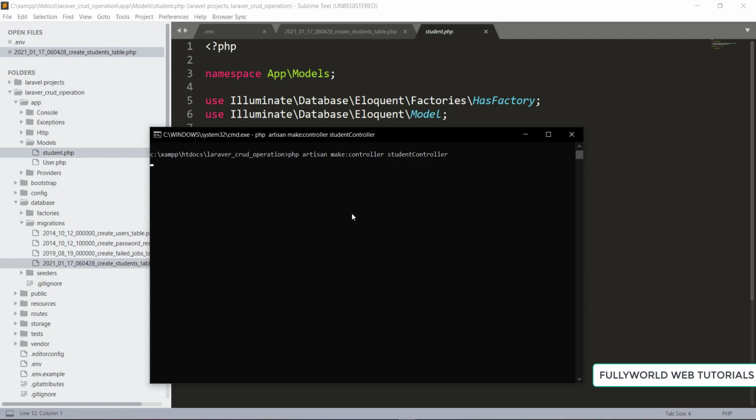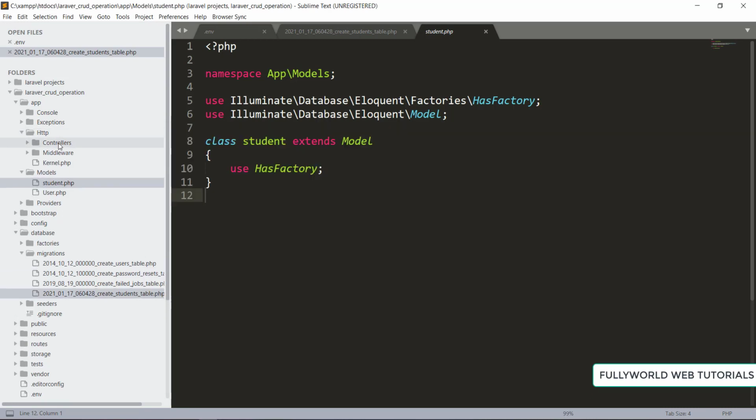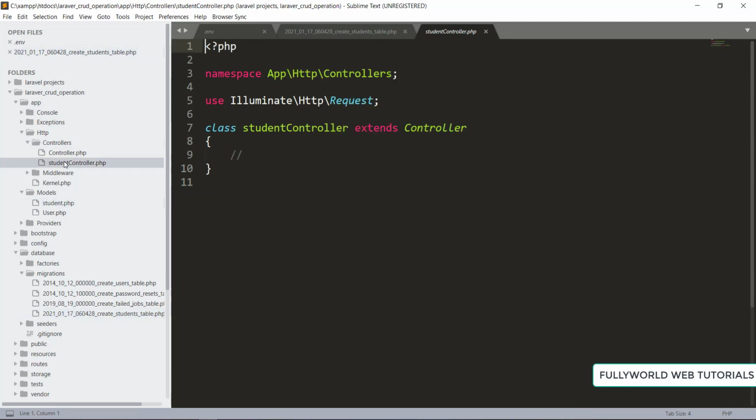Click on enter and it will create a controller for you. See that our controller was created successfully, and you can go to Http, then Controllers, and here is our StudentController. Now here we can work with our database, and we can interact with our application with the help of the database and controller.